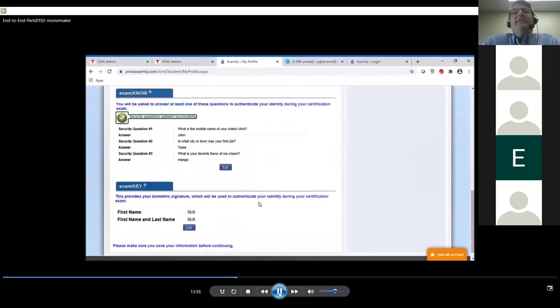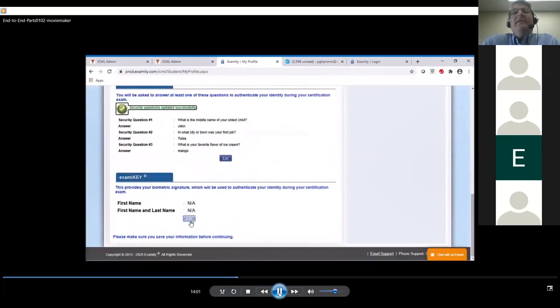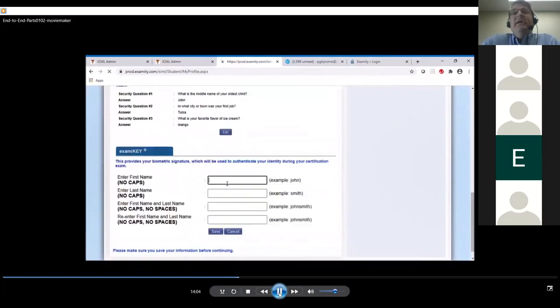And lastly, this is the exam key, what they refer to as the biometric signature. We've found that it is extremely important that every candidate remembers what he or she puts in here. I'm going to pause it right there. My name is Paul Hiller, so it's real easy for me. I don't go by any other names. But if a candidate happens to put in a nickname here, or happens to have 3 names,